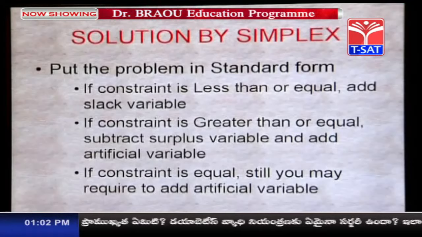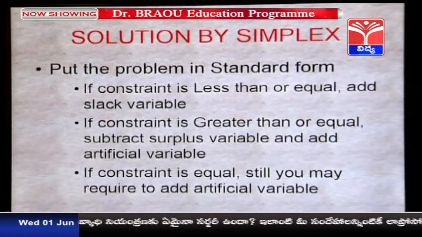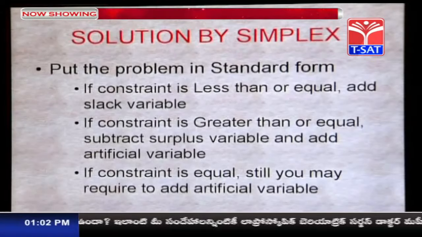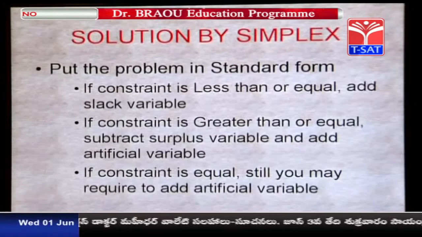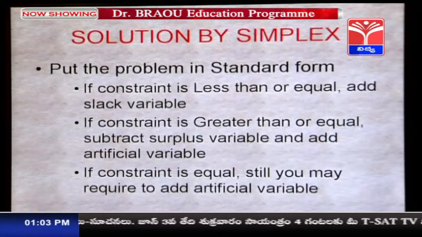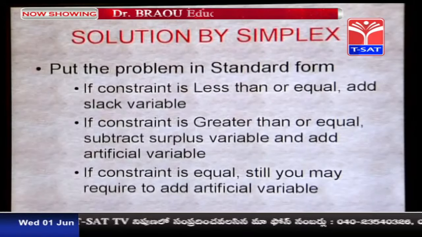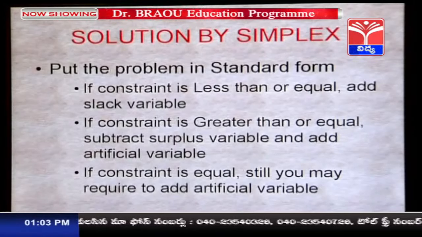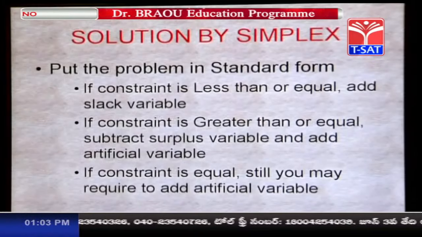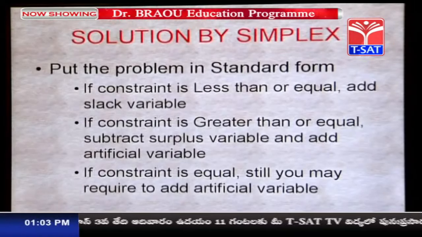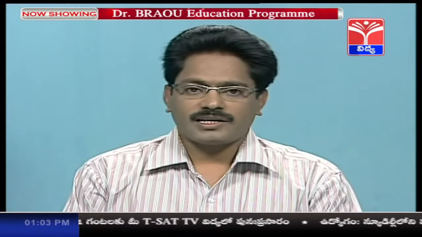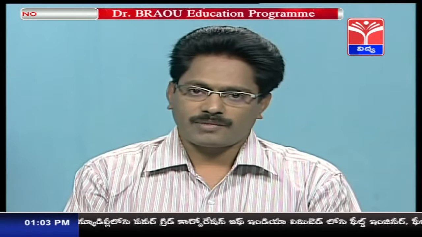But to solve a linear programming problem by simplex method, we have to put the problem in standard form. In putting the standard form, we can use the following rules. If a constraint is less than or equal to type, add a slack variable to make it equal, that is equation. If constraint is greater than or equal, subtract surplus variable and add artificial variable to make it an equation. However, at times we have constraints with equality type, but still we may require to use an artificial variable,